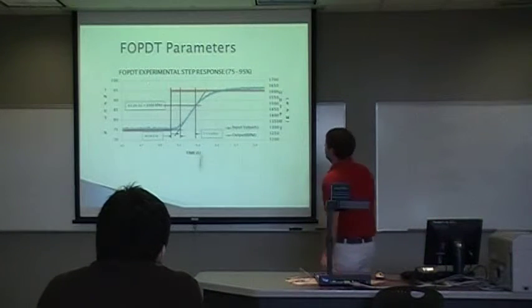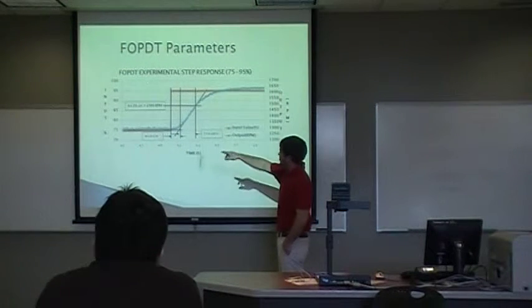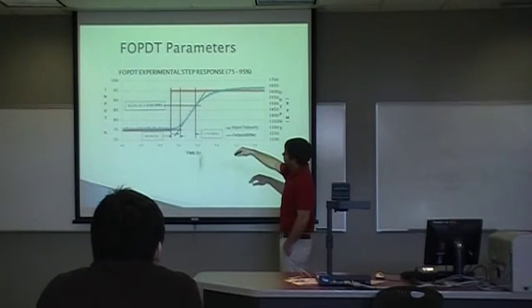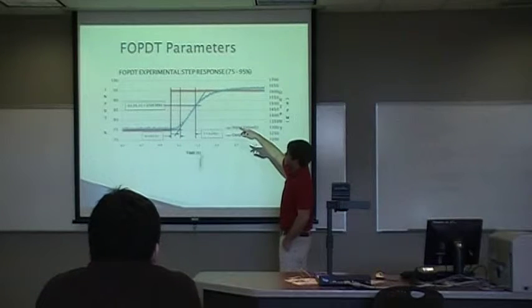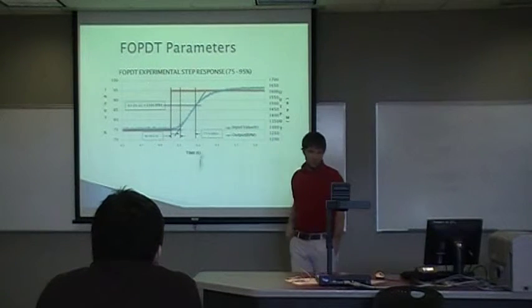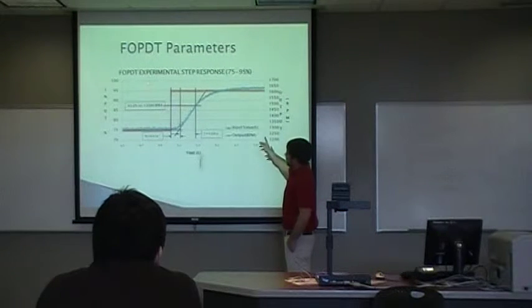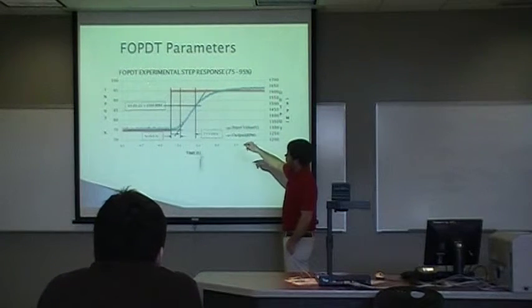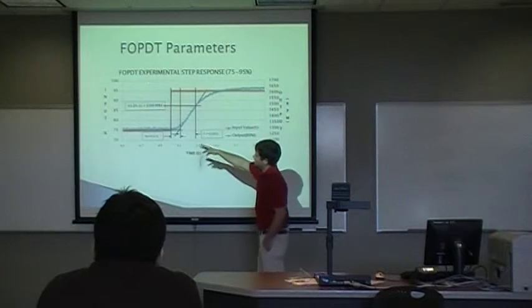This is an example of the FOPDT step response graph. As you can see, we had constant input at 75% for a certain time, which is the time delay, and at that time we stepped up 20%, as mentioned in the previous slide, and it stays constant at 95% throughout the rest of the experiment. The blue line represents the output, and to get the dead time, you draw a line through the slope of the output, and then draw a line across the constant input, and where that intersection point is, from the time it takes for the system to respond to the initial input, is the dead time,